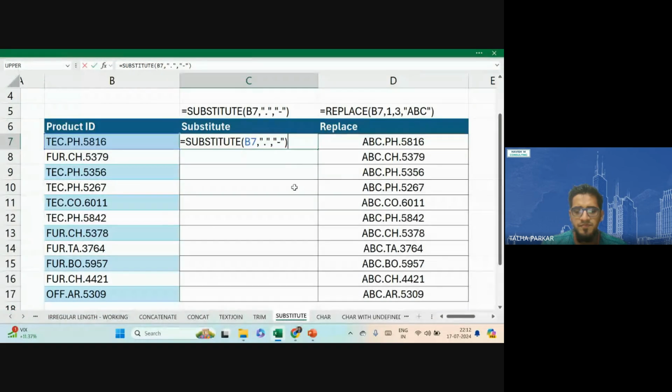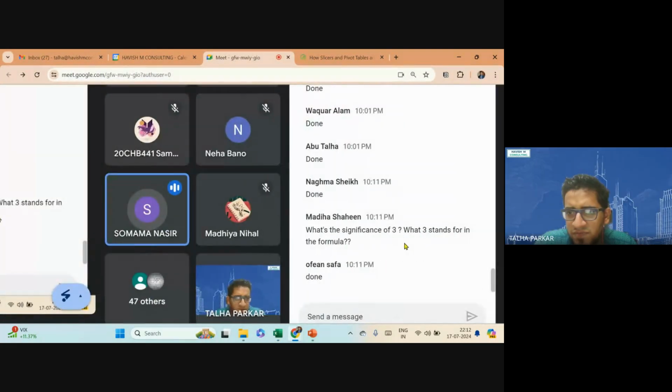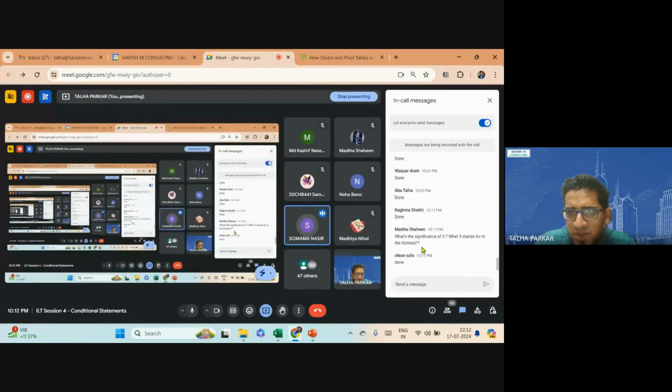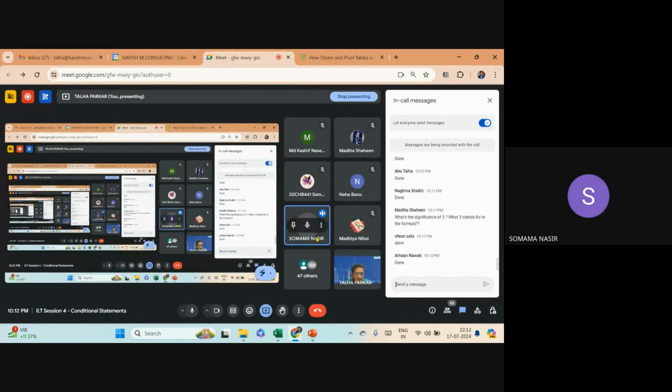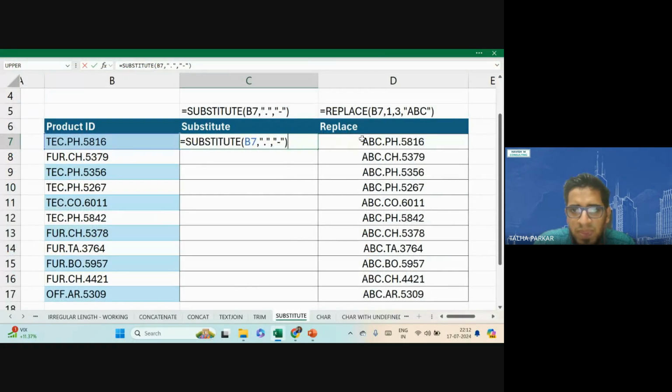Okay. Please try this example, everyone. Sir, what is this? What does C stand for in the formula? What's the significance of 3? What does 3 stand for in the formula? So in REPLACE,